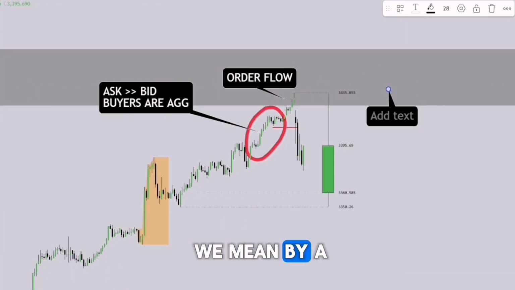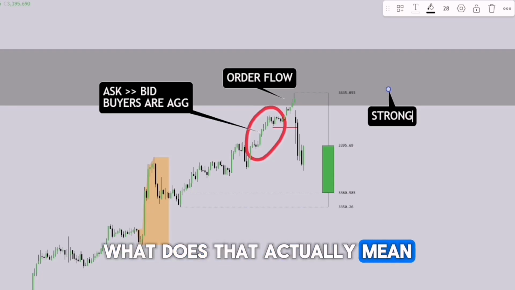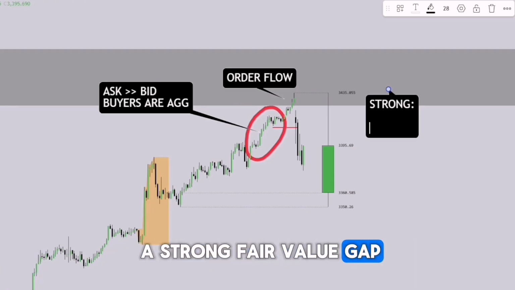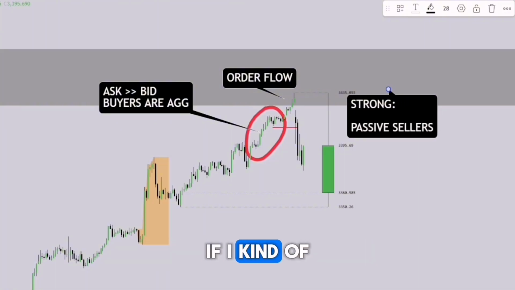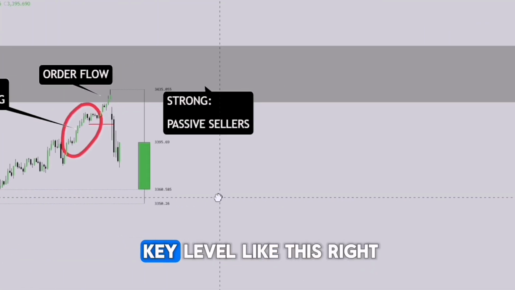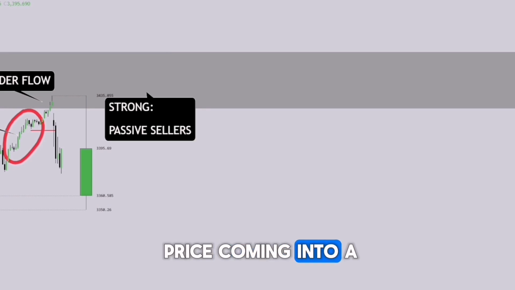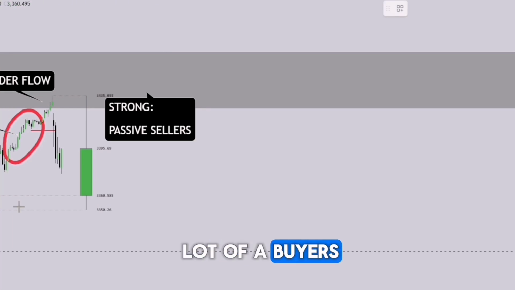And so what do we mean by a strong zone, right? What does that actually mean? A strong zone or a strong fair value gap means that there are passive sellers, right? So you want to understand this. If I take this over to the side, if you have a key level like this, let's say you have price coming into a key level,